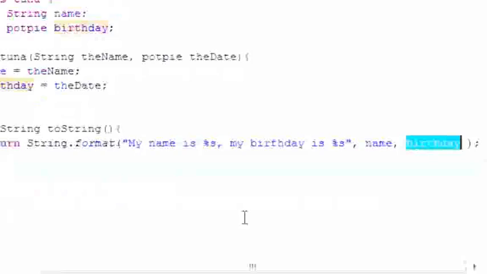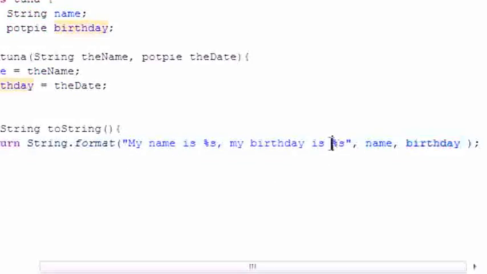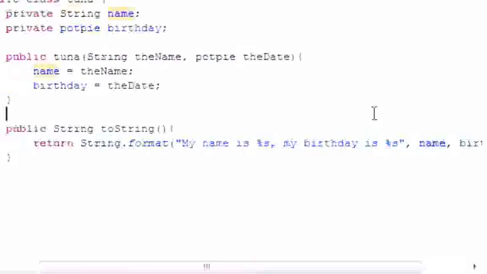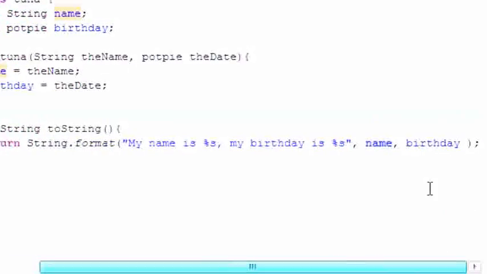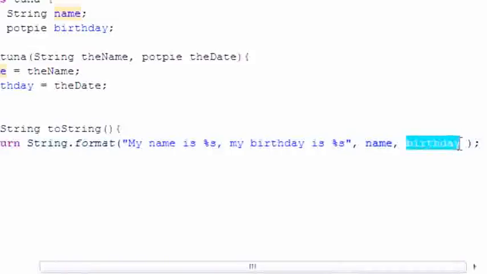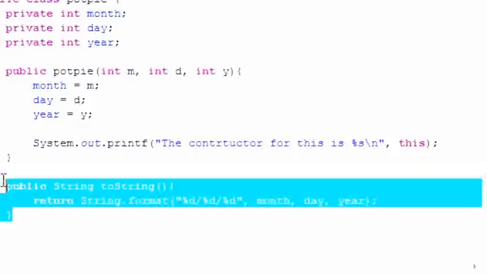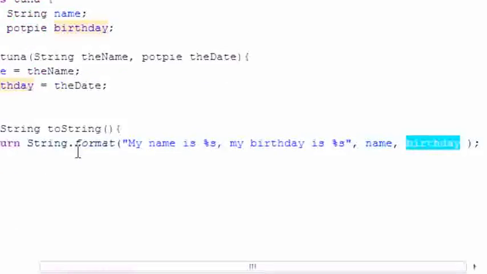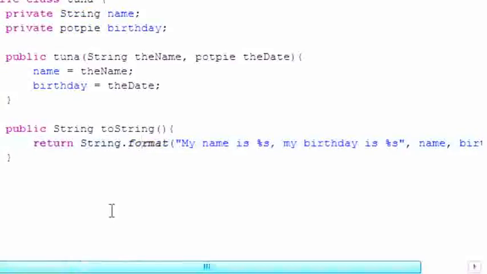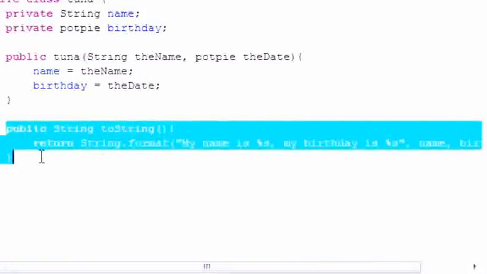So again, you can do two things when you're using this. You can either pass in a regular string, which is just a bunch of letters, or you can pass in an object, and whenever you do pass in an object, it looks in that class to the toString method of that class. So that's two different ways that you can do that when you're using the print format. So now that we got a toString method, which is pretty much just